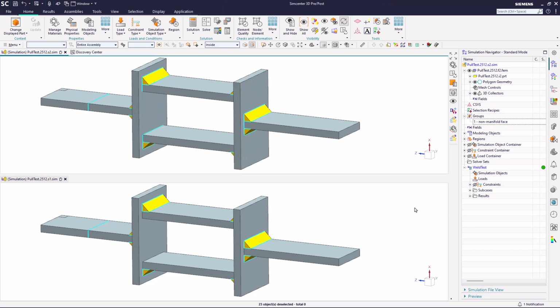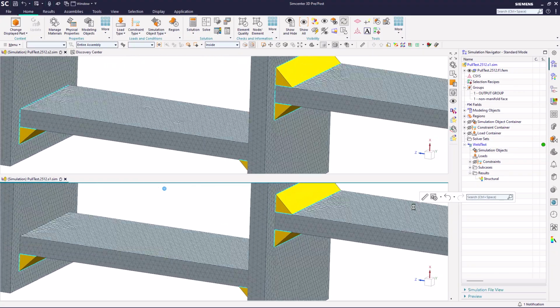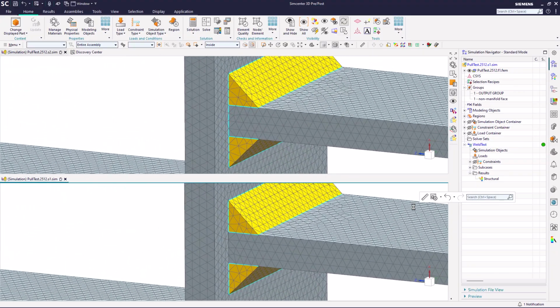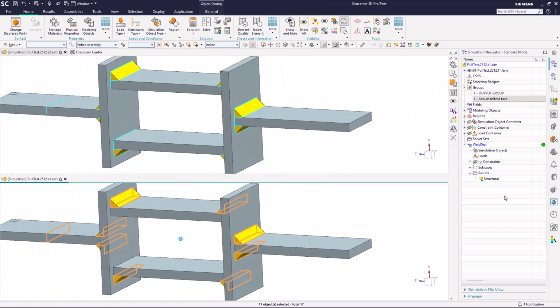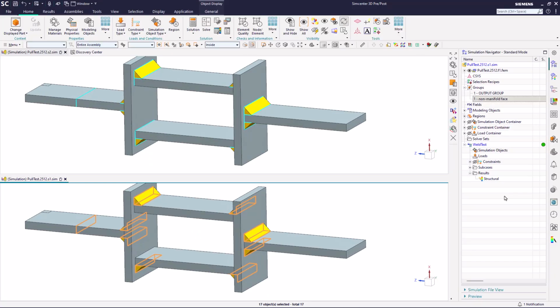Now let's take a look at our model in the lower window. Zoom in on that same area, and you can see that I don't have a cyan-colored edge between the horizontal plate and the vertical plate. So I don't have a non-manifold face there. If I look at this model's non-manifold face group, you can see that it's highlighting just the weld bodies. So we have a weld body connected to a vertical plate or a horizontal plate, but the plates aren't connected